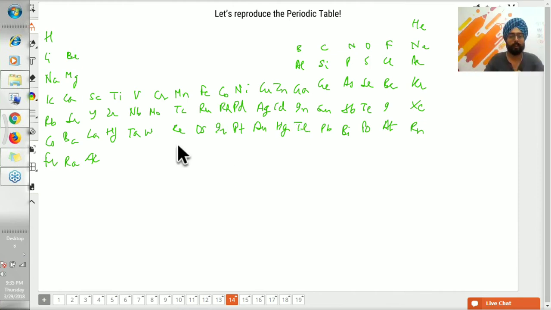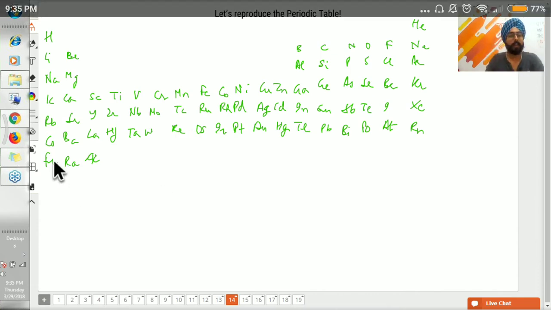This is generally more than enough for most of the questions of the competitive exams, but still, let's write the f block as well. And that goes something like